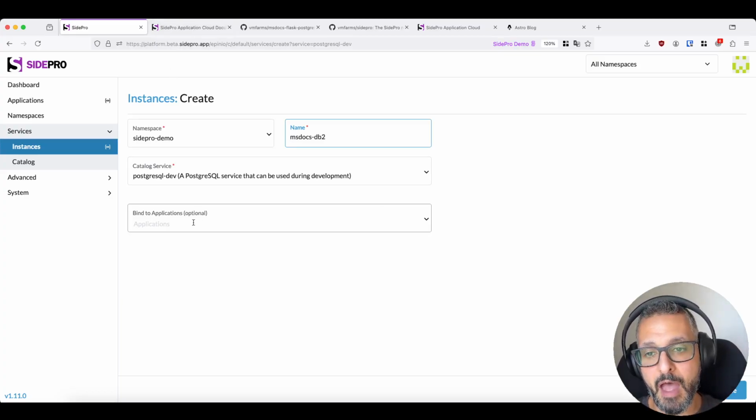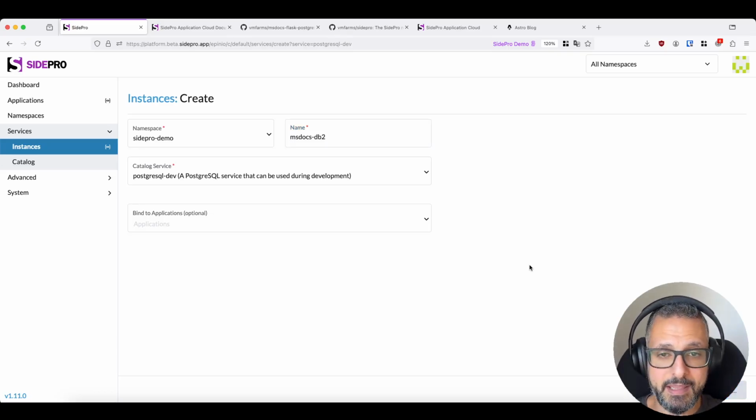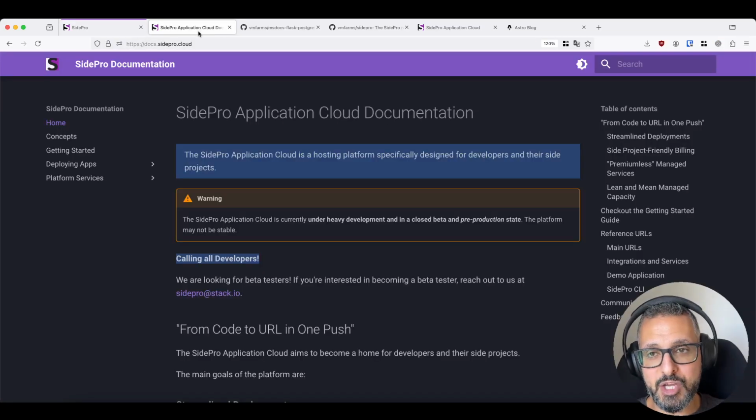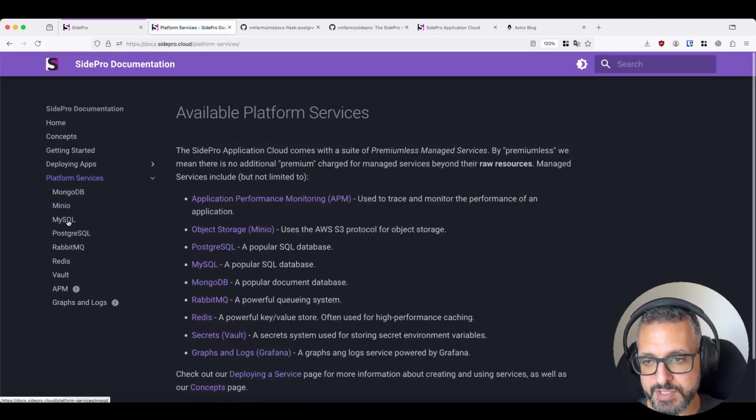So I'm not going to do that just yet because I haven't deployed my app that I want to set up with the service over here. So I'm going to leave that blank and allow it to provision. If I come to our documentation site, which is available at docs.sidepro.cloud, and I navigate to platform services and I